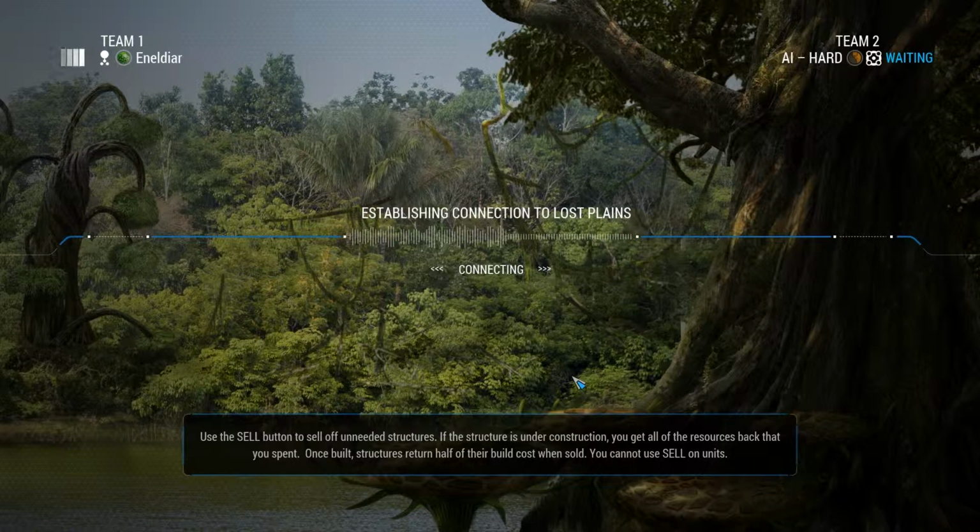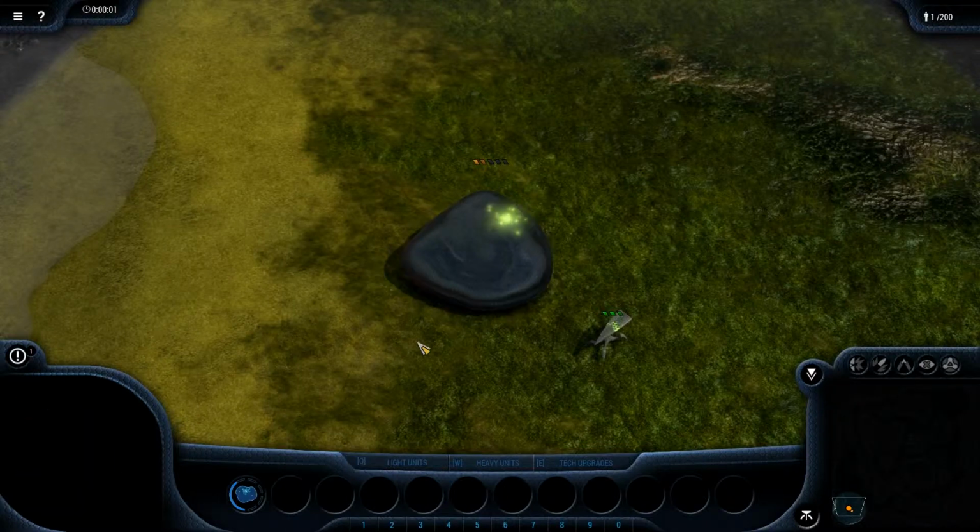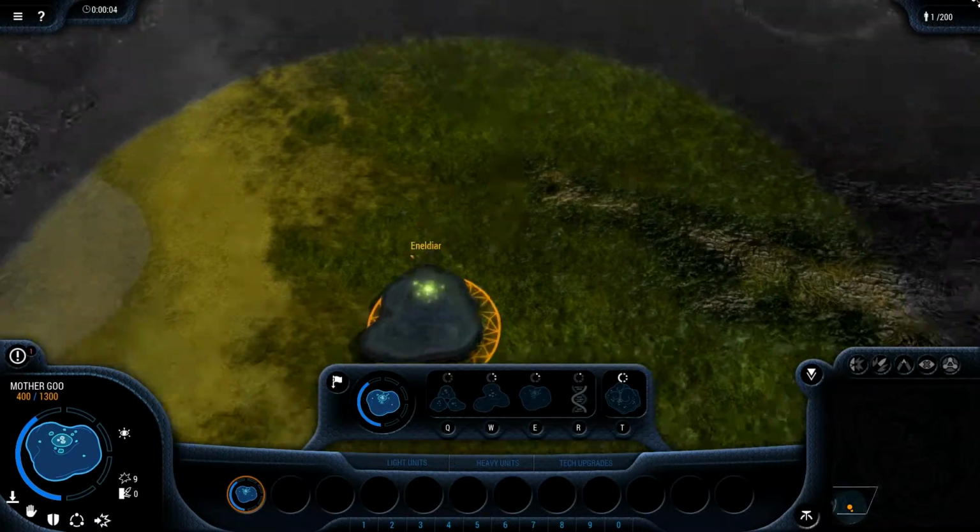We are going to be playing against the hard AI because that's the hardest difficulty they'll let us go on. We're going to be showing off the Goo early rush tactic against the beta. So the early rush tactic's pretty simple. We're going to move as fast as we can